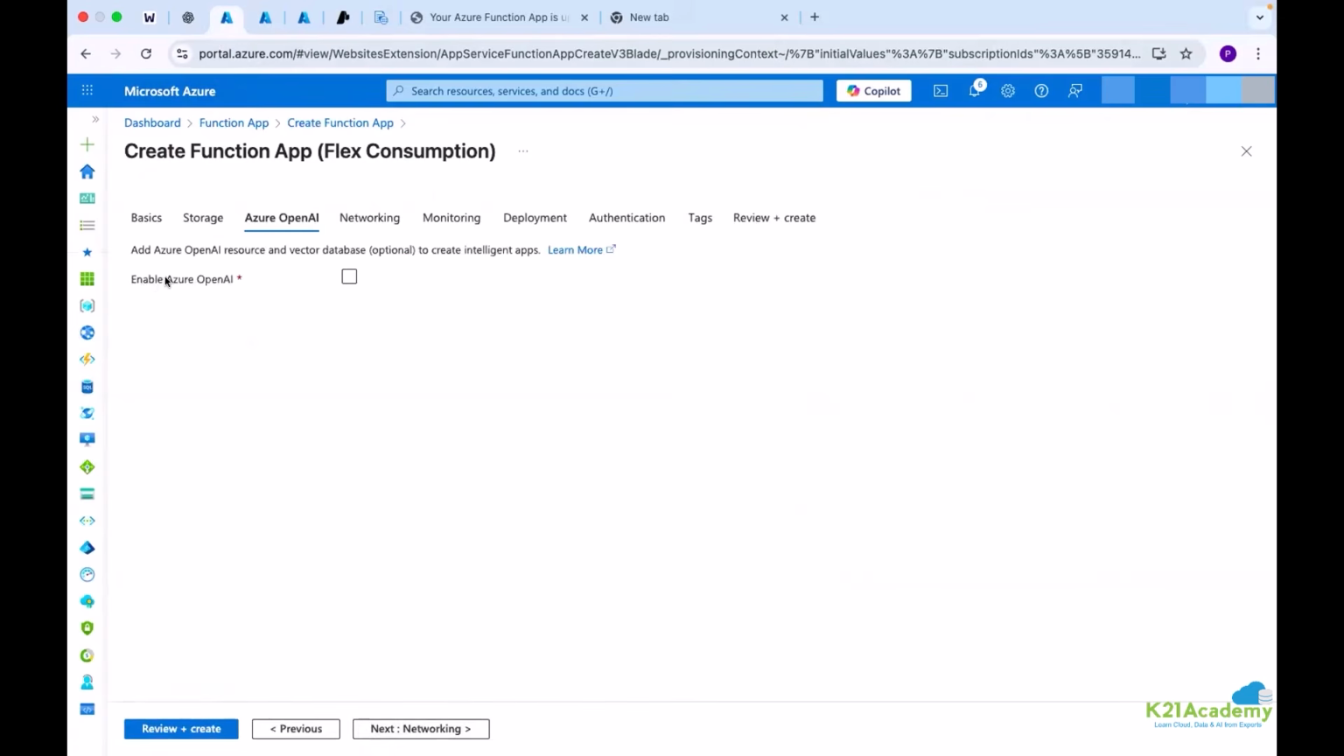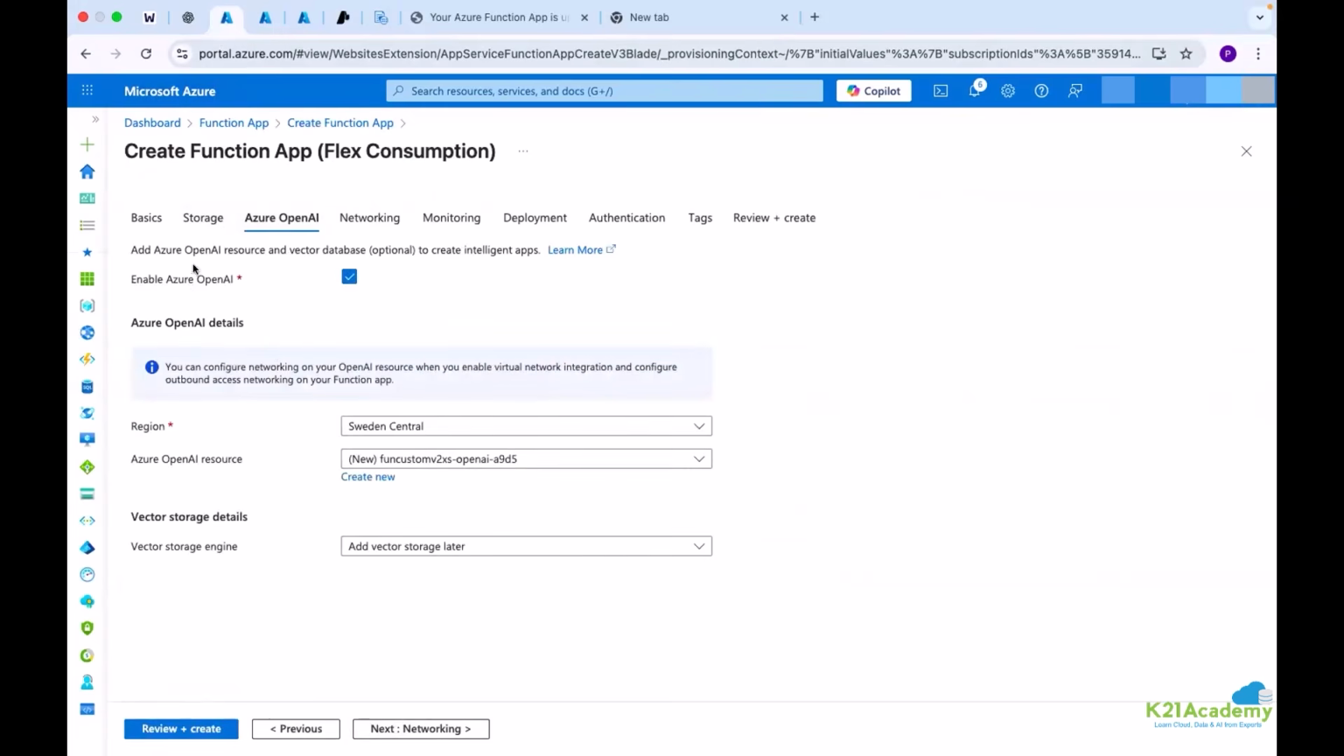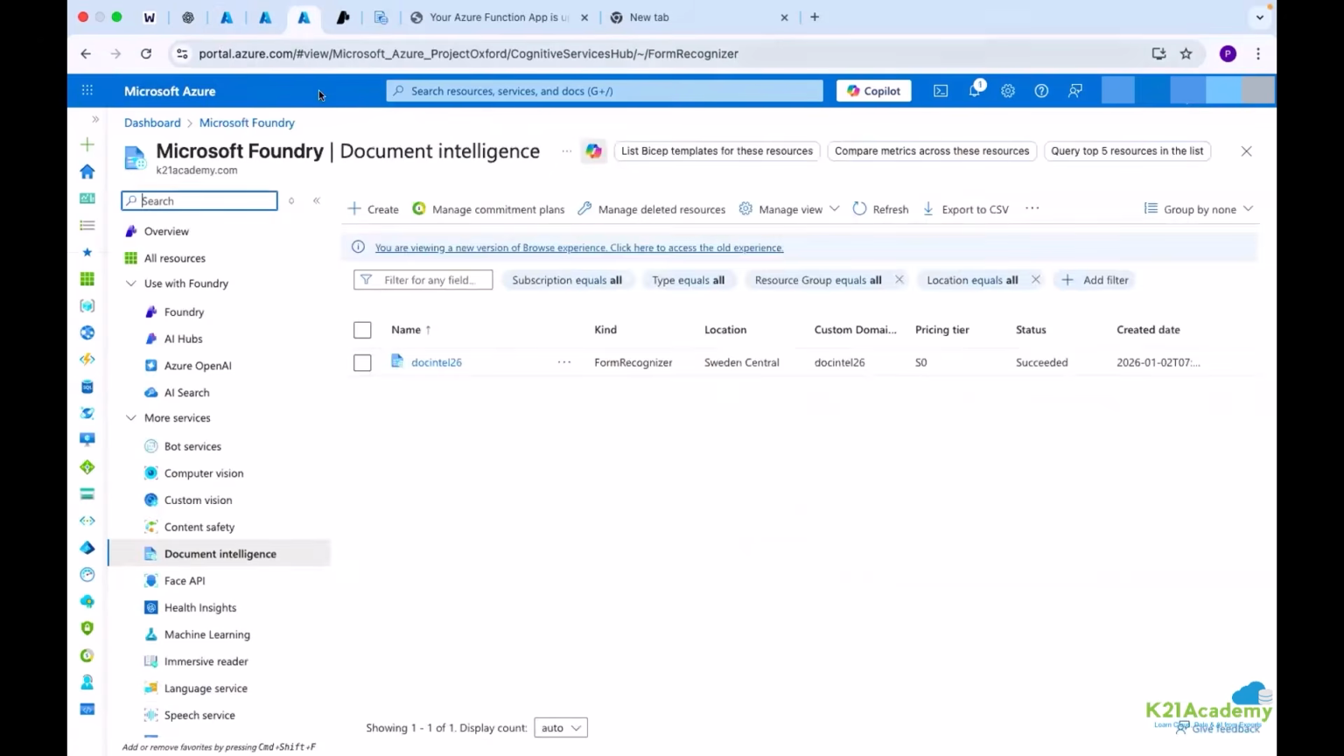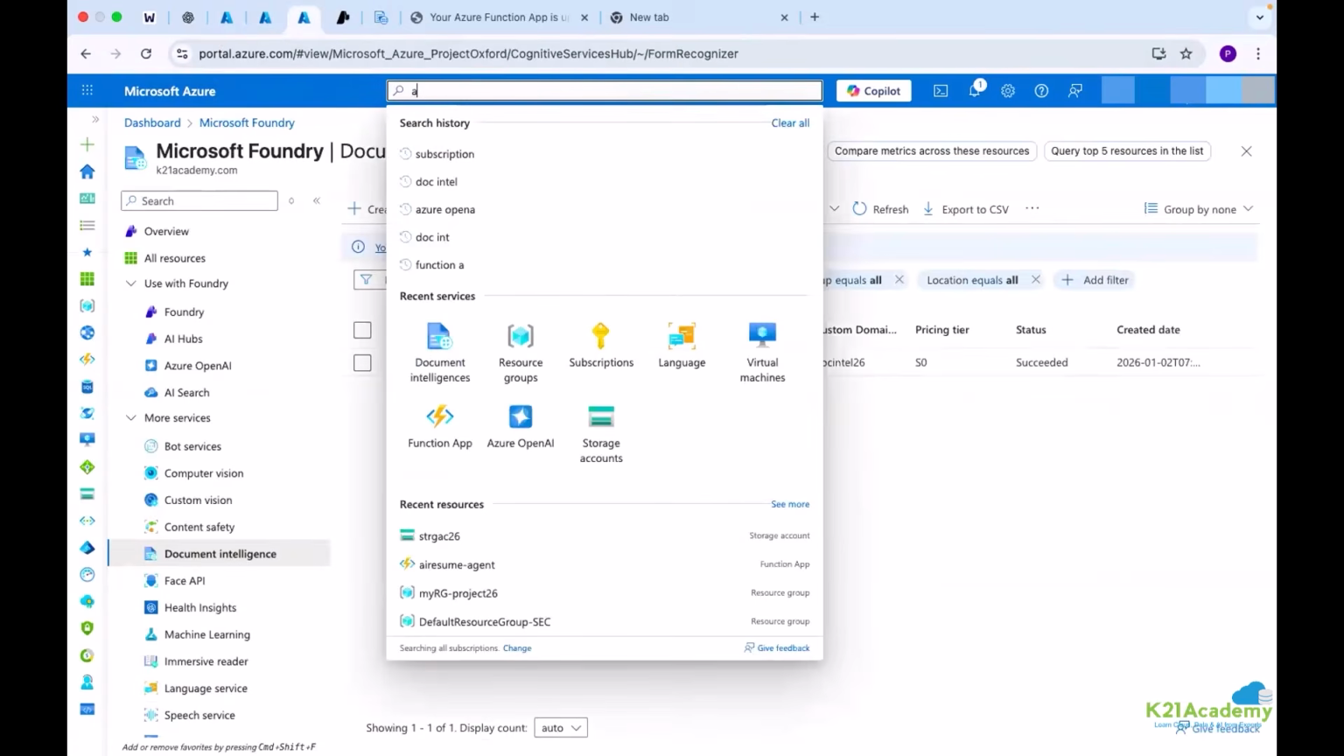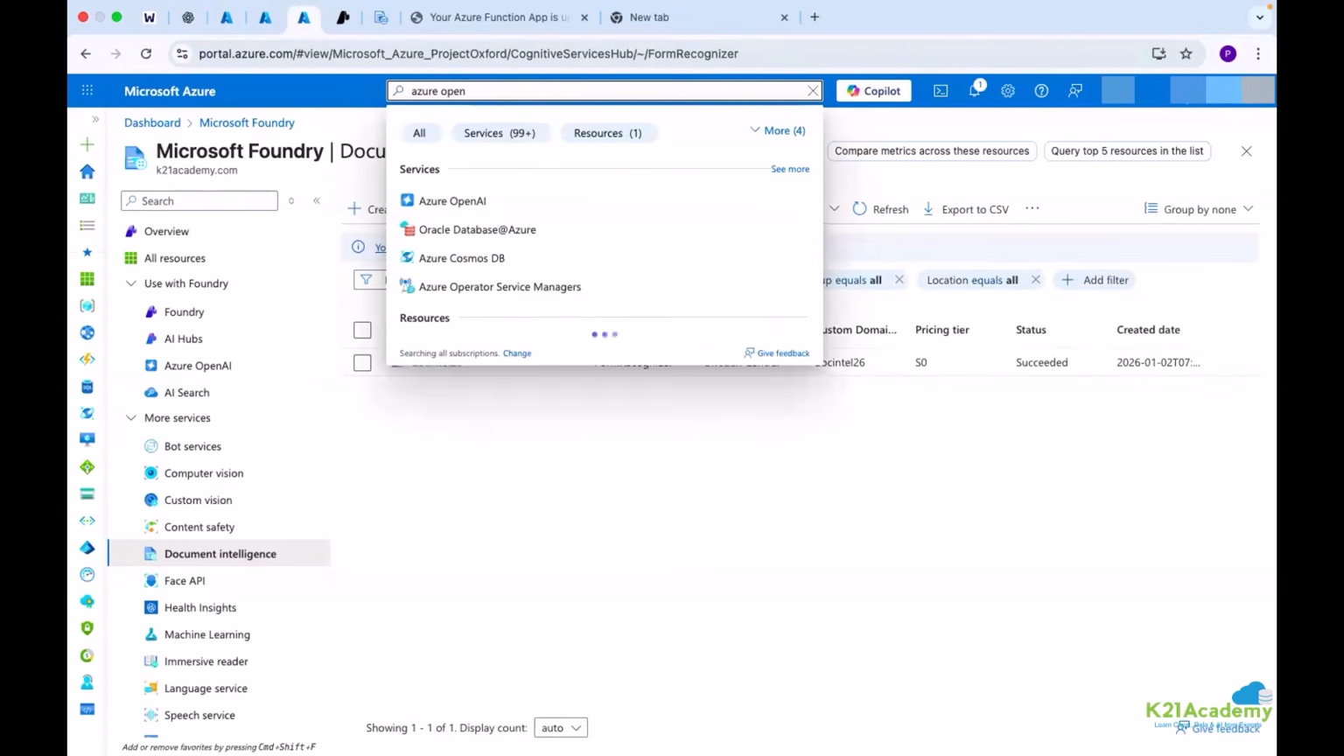Next, Azure OpenAI. Do I want to enable the Azure OpenAI with my Azure function? Should it access these credentials? I say yes. What is my Azure OpenAI resource? So I'm just choosing the same Sweden Central. And there we have OpenAI 26. I have also created that Azure OpenAI resource here,